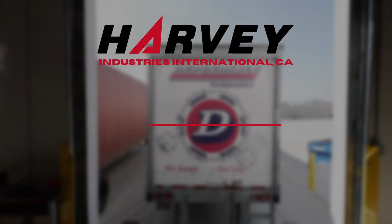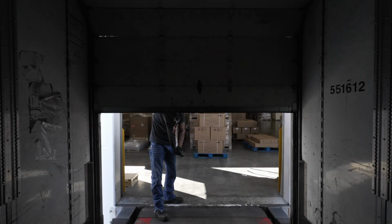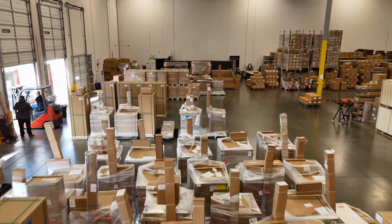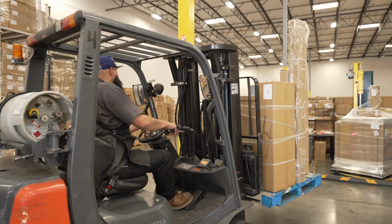Here's what you can expect when receiving an LTL freight shipment from Harvey Woodworking and how to best be prepared. When an order is too large or delicate to ship by standard ground carrier, it requires freight shipping. Most of our machines are shipped via this method. Our larger products are packaged and wrapped on a wooden pallet or in a wooden crate to keep them safe